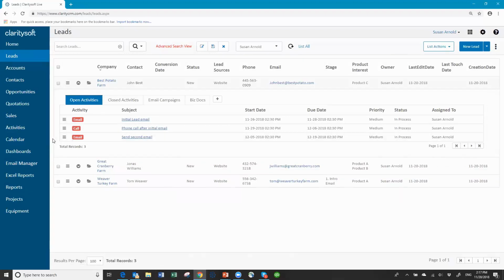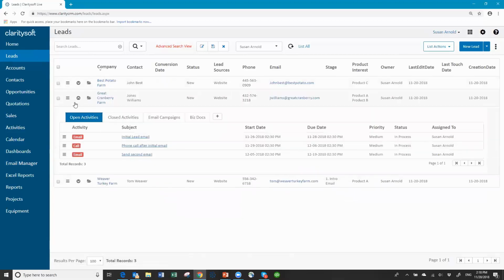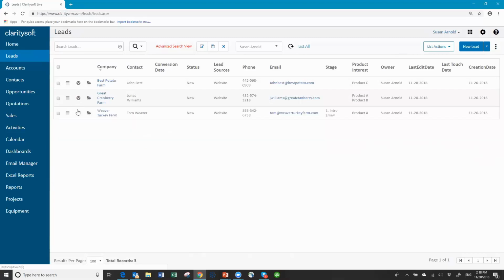So once you've created the action plan and you've then selected the records, however many you want to apply it to, and then you apply the action plan, it creates those activities for all of the records. And there they are. Now the other place that you will see them